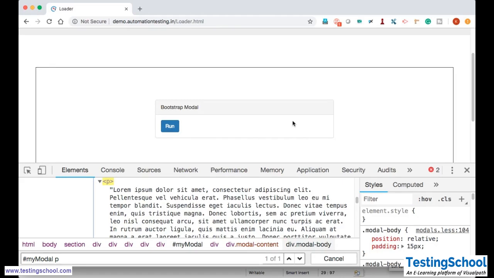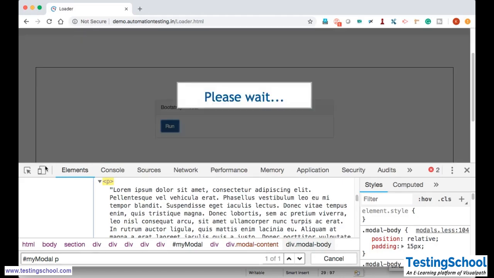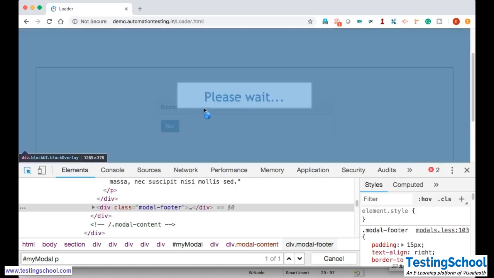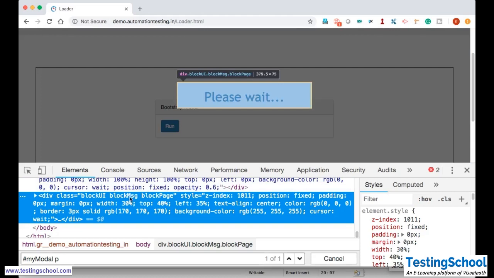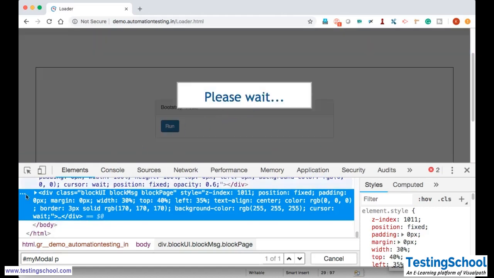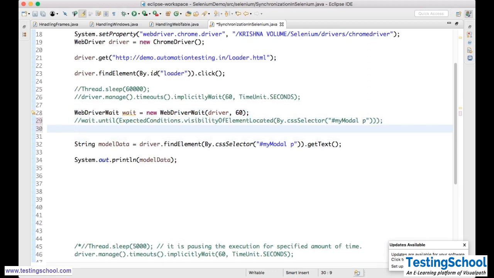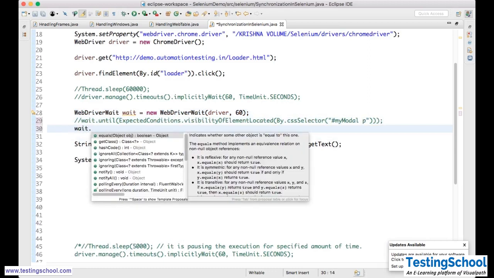Sometimes this will also help, that I need to find this. Sometimes it is very fast. Block UI, block message, block page, and then some H1. H1 means the please wait. You see that? Please wait. So I'll take this class. And I'll write one more condition here, instead of writing this. So I'm showing different ways. Okay? Wait until